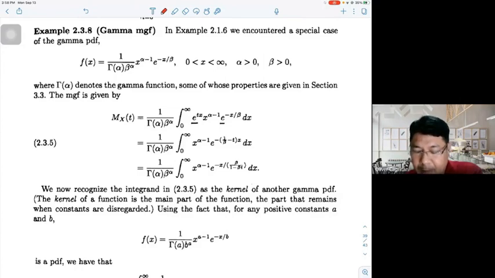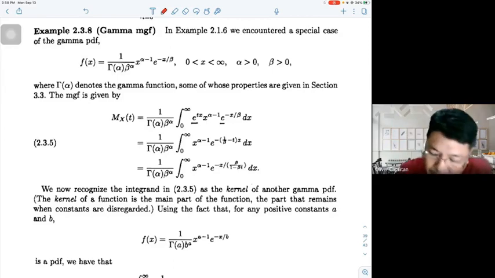The support of our distribution here is x greater than 0 but less than infinity, and we take alpha and beta to be positive. By the way, if we're going to use the indicator function here,